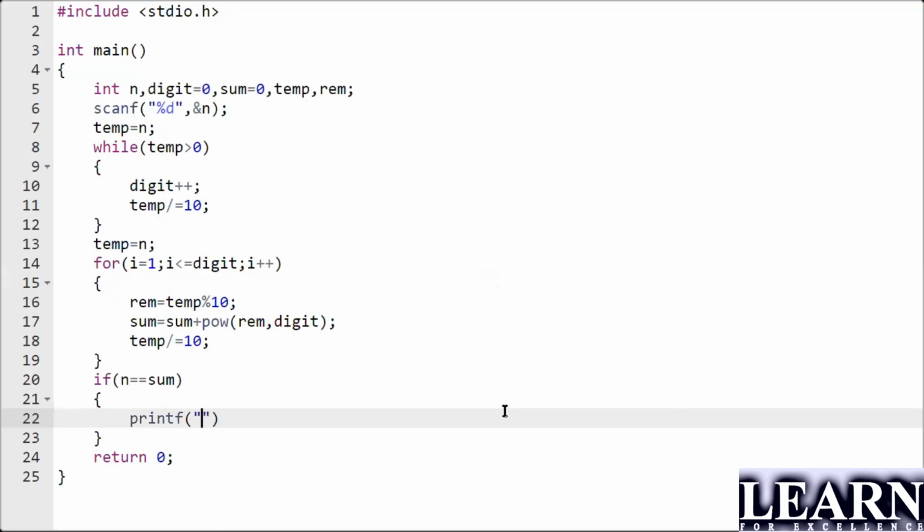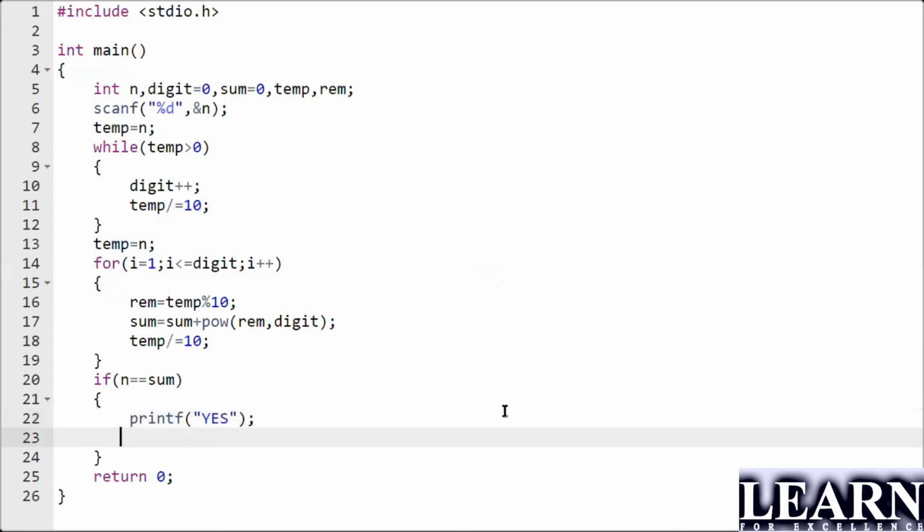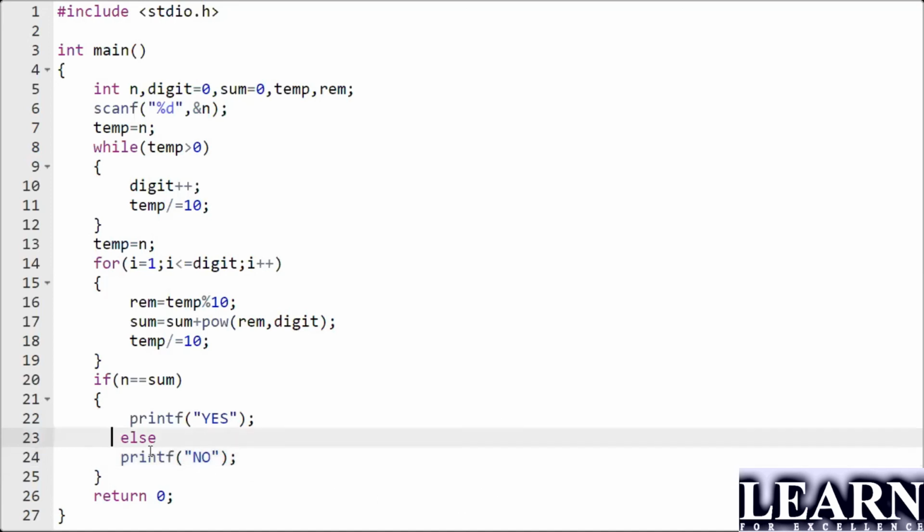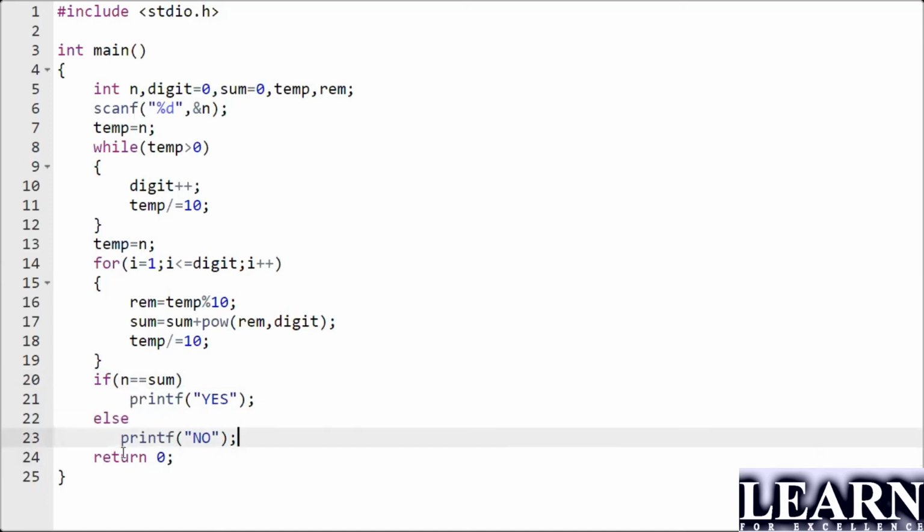Else print NO. I have given it inside this itself, so be careful with that.